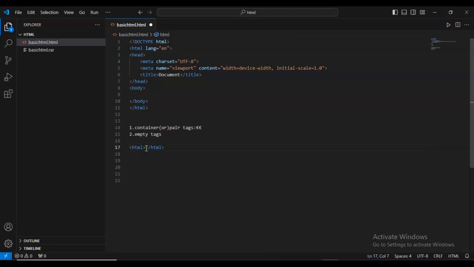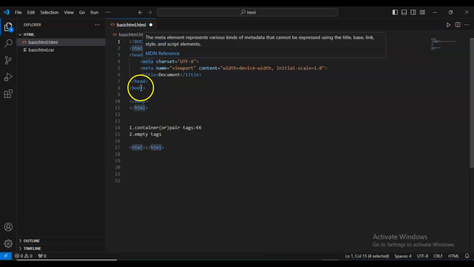Finally, these tags all come under the scripting language. As I already told you, this is the opening tag and the closing tag, in pair tags or container tags. What does container or pair tag mean? A pair tag means there is a starting tag and an ending tag, two tags, so that's why we call it a pair tag. And the container, another meaning: in HTML code, a container means every